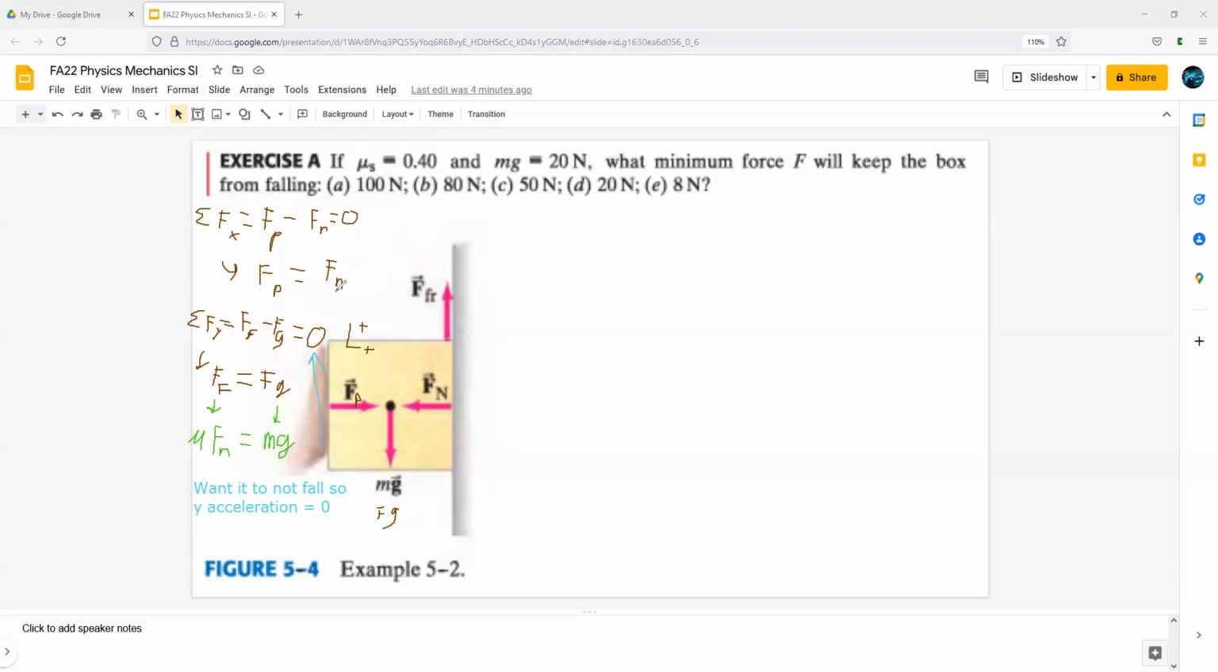So then that means that this force push can come and get plugged in here. And that gives you mg is equal to mu times force push. Okay. So then you're actually solving for force push, right? These here are for force push. So it would be beneficial to isolate force push. So divide by mu. That gives you force push equal to